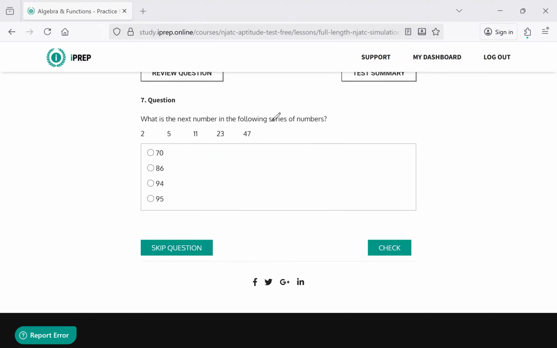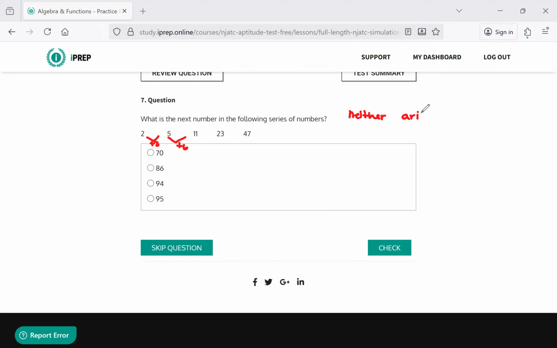Number 7 says, what is the next number in the following sequence? So we're dealing with sequences. So is this a geometric or arithmetic? So let's see here. From 2 to 5, what did you have to add? 3. From 5 to 11, what did you have to add or subtract? You had to add 6, right? 6 plus 5 is 11. So I don't think it's either